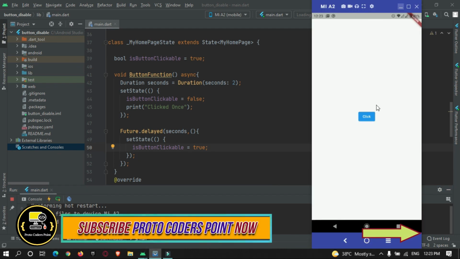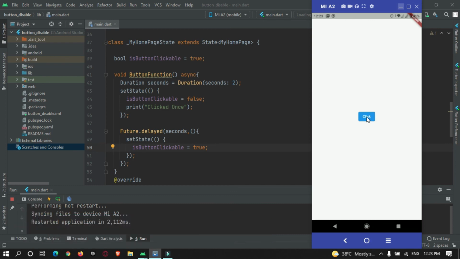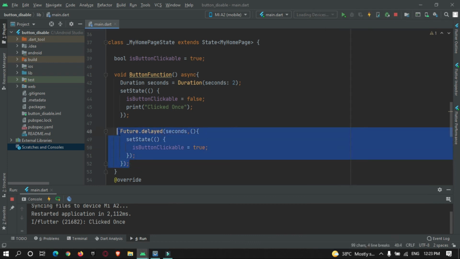Okay, the app got restarted. When I press this button for the first time, the opacity decreases and the button is no longer clickable, and after 2 seconds the button is visible again. This is just an example of how you can enable the button again.